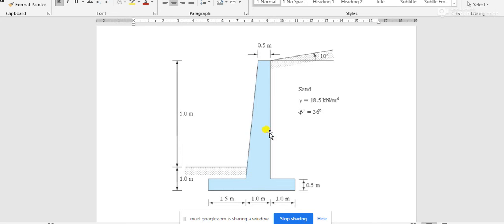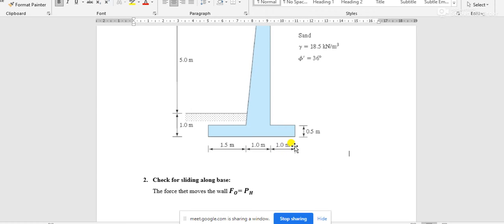Now after calculating all the parts, as we have divided the retaining wall into different parts and the soil into different parts, we have to calculate all the areas, volumes and weights for the different parts, and the easy way to do this is to make a table